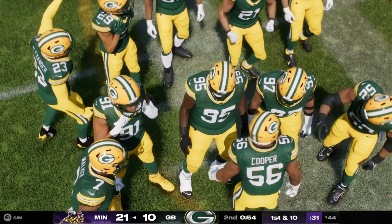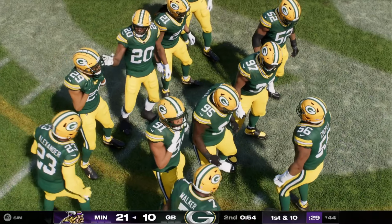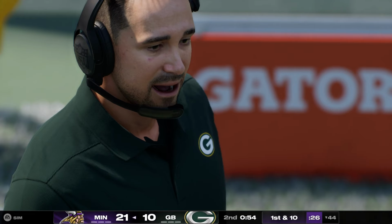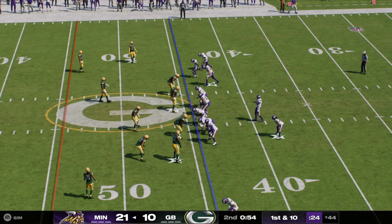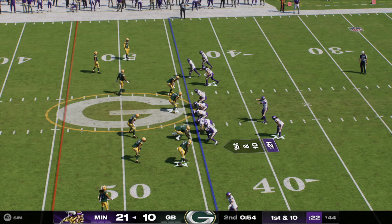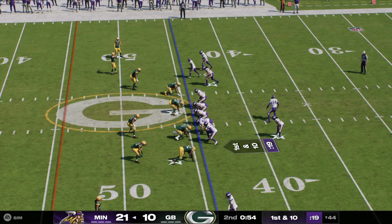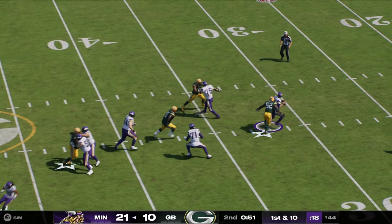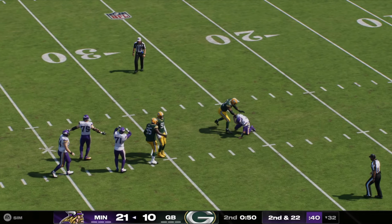And just in general, Charles, on a play like that, how tough is it for the defense to account for a running back essentially being a receiver downfield? It's very difficult, especially if the running back has skills like a receiver, and you're aware of that before the game even begins. So throughout your practice sessions, you're going to want to...